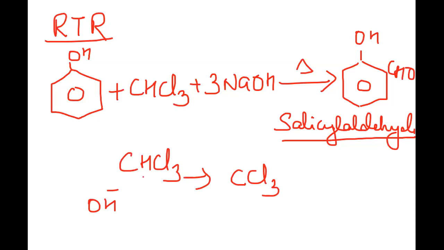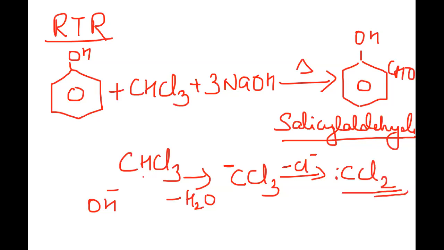It has lost one hydrogen, so it has become H2O. This is going to lose a chlorine as a chloride ion, and it is this reaction intermediate that is responsible